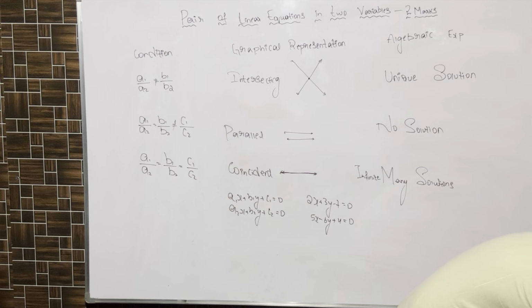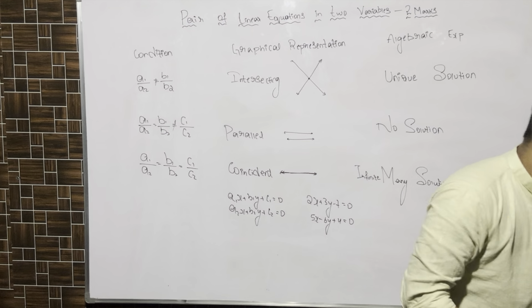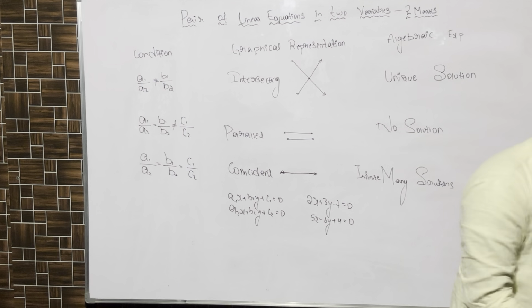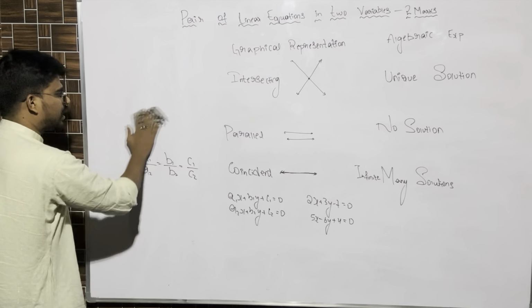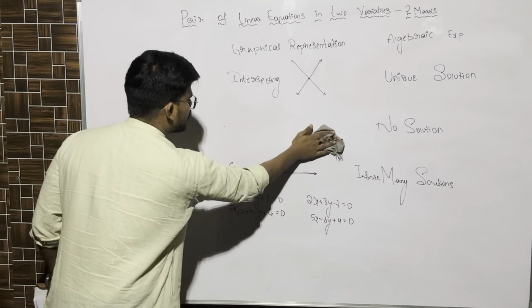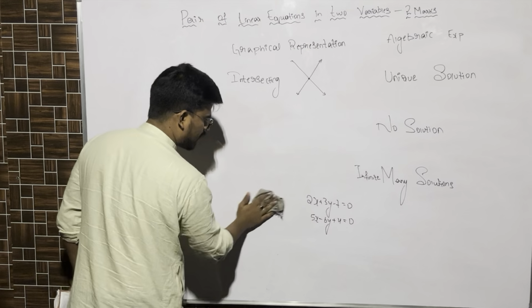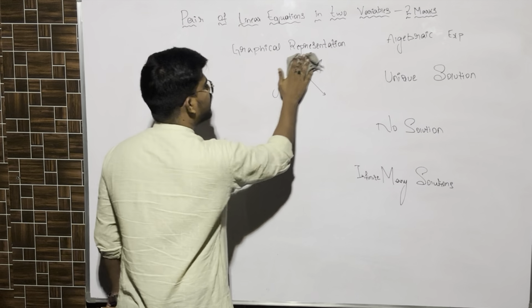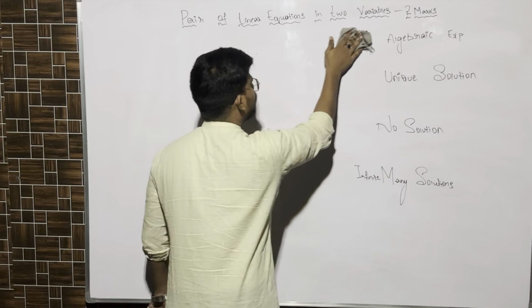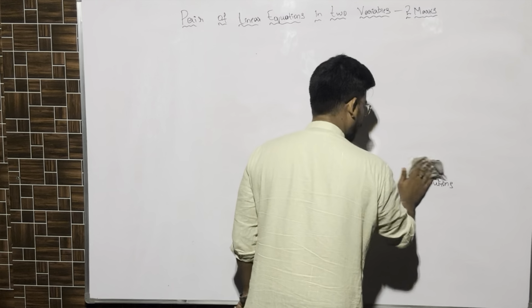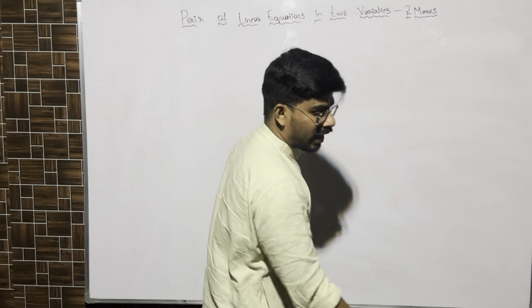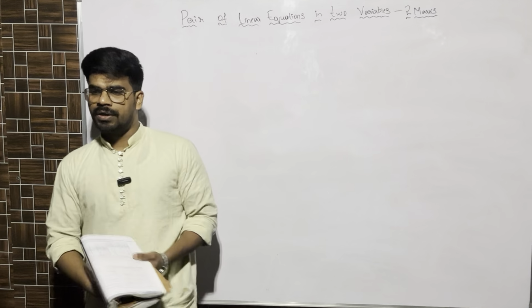Now we have to do certain questions. Check whether the given lines are, this question. Basically in this exercise you must have noticed that only the first question has 2 marks questions, but some questions in Do This and Try This are there. Those questions are in the textbook but not included in the exercise problems. Majority of the people skip those questions, but we shouldn't do that because they are very important. And for essay 1, as we do not have many chapters, we can expect 1-2 marks questions from here.